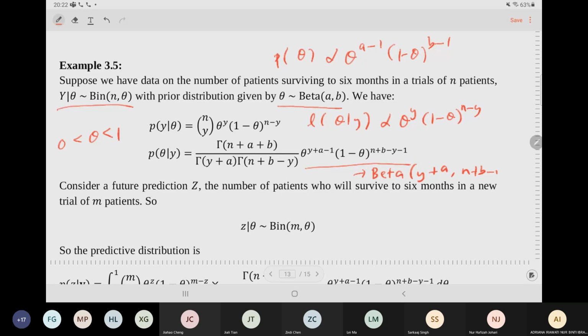This is your posterior distribution, which is beta. You can multiply this, and you can see this is the kernel, right? And then this is the PDF, it's a kernel of a beta distribution. This is the kernel, but this is actually your proper PDF for your beta. Okay, so why do we need this? Because we actually need it when you find the